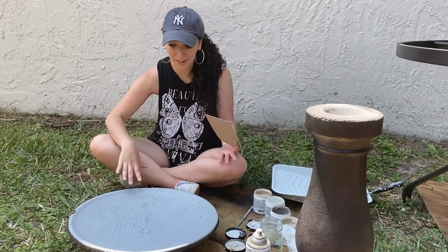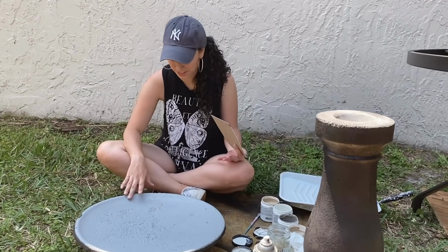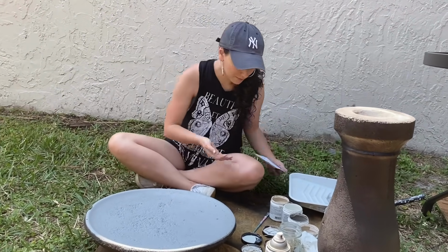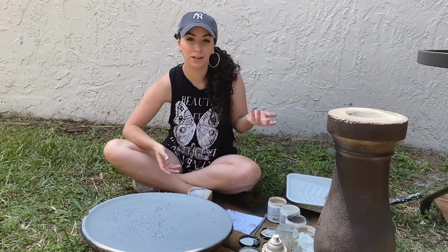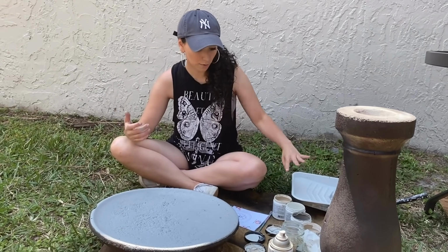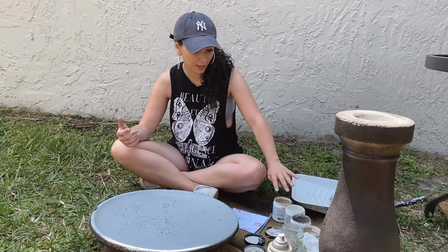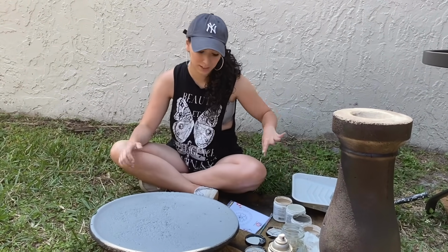So my plan for this, we're gonna see if it works. I already painted the base and I painted the inside. And now I have these paint sample colors that we got when we initially bought the house and we thought we were gonna paint some accent walls and different things. So I have a couple different colors, a darker gray, I have white, and then I also have like some tan colors. And I'm just gonna